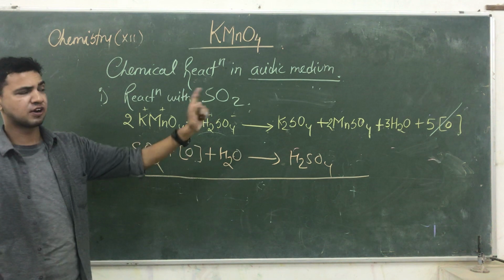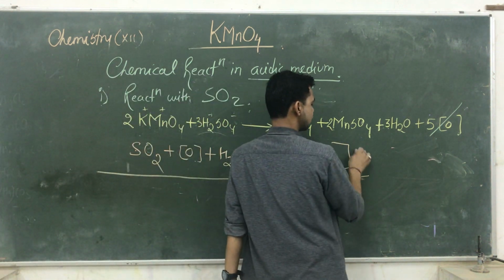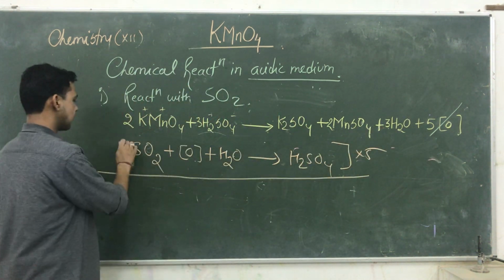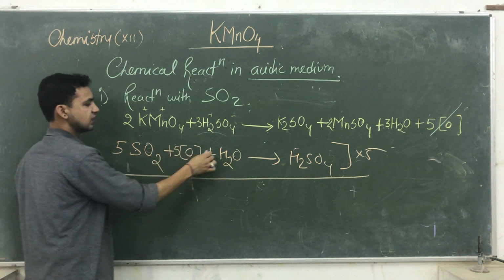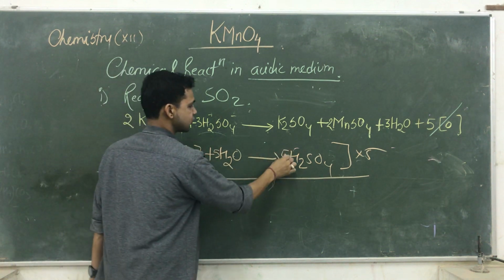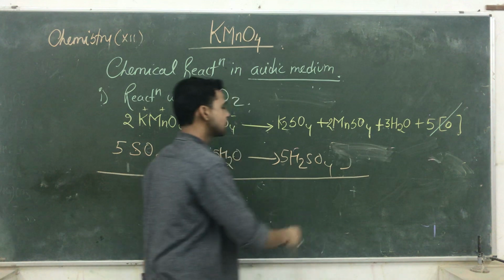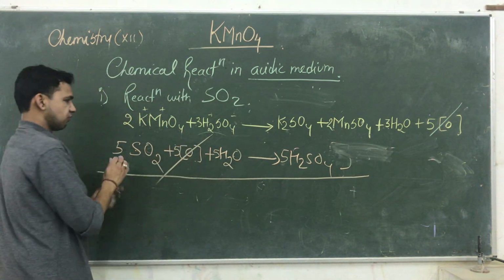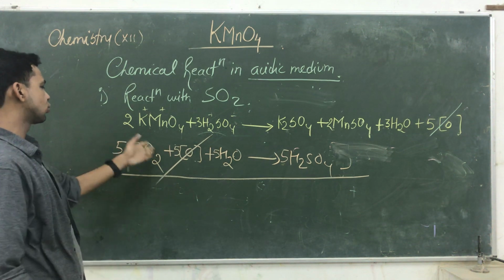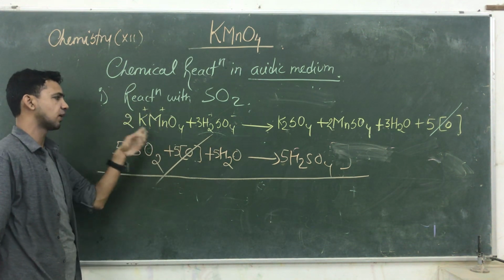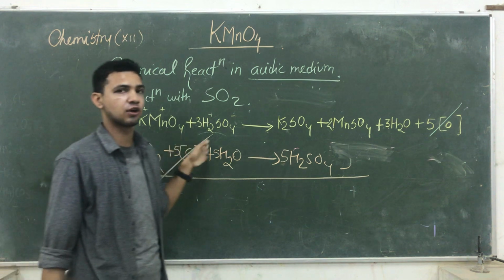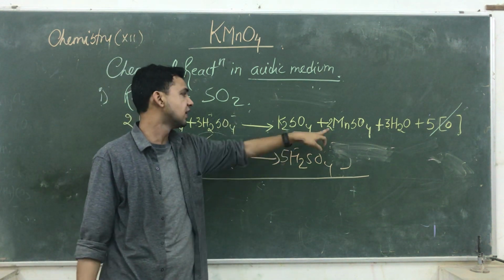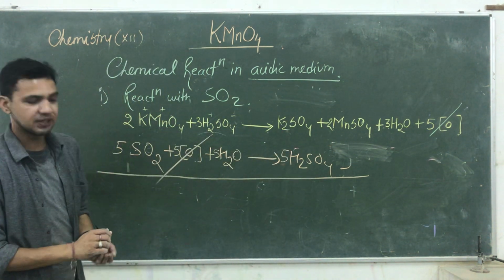आपने ये रिएक्शंस पहले भी देखी है जब आपने सल्फ्यूरिक एसिड की प्रिपरेशंस करी थी. Nascent oxygens को we need to multiply by 5. So that is 5, that is also 5, and just remove that 5. So we need to clash 5 oxygens with that 5 oxygens. So when we are passing the SO2 inside the solution of pink color of KMnO4, at that time also the color of the KMnO4 is disappeared due to the formation of MnSO4.